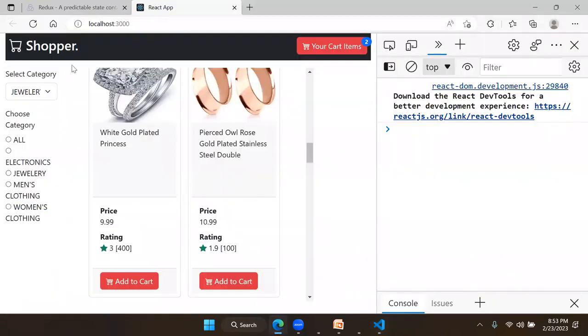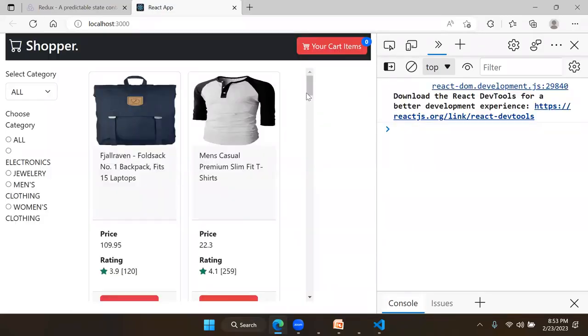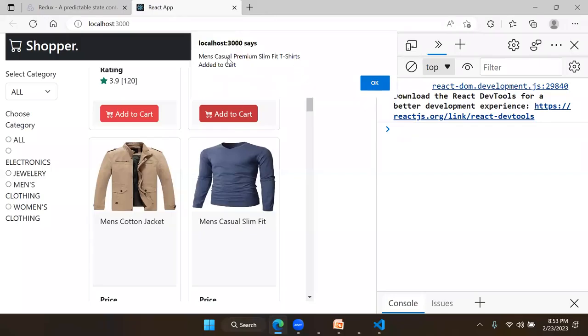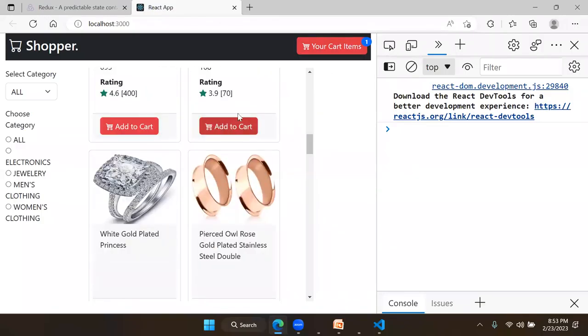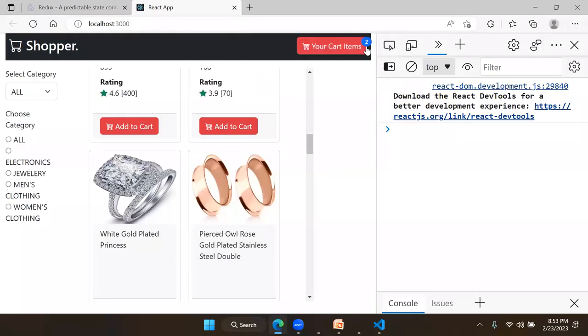When the user clicks on this add to cart, then it is added to cart. I said okay, then now you have 1 item in the cart. I selected the second one, so then it says it is added to cart. And okay, now you have 2 items in the cart. But remember, all these are in one component only. If that cart component is a separate component,